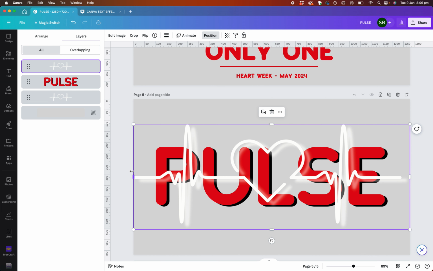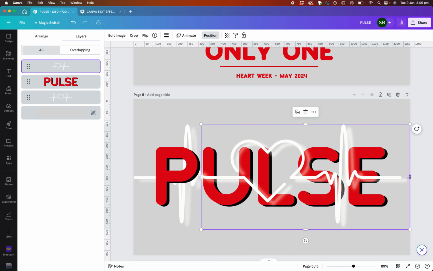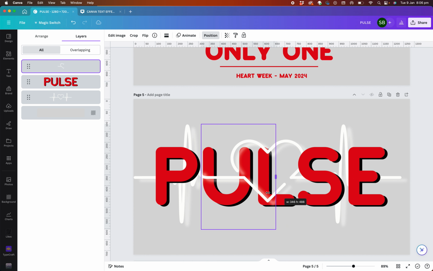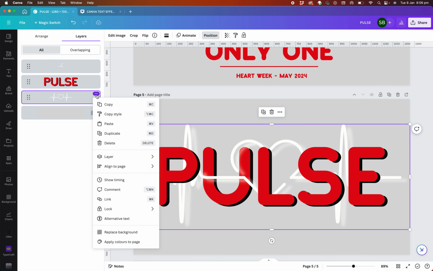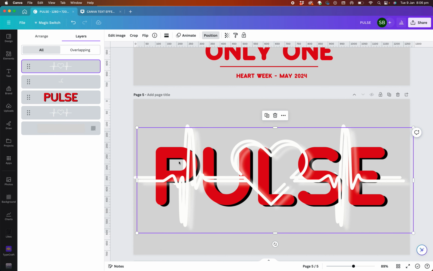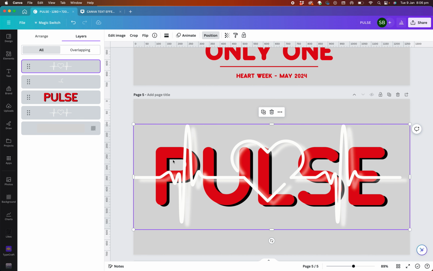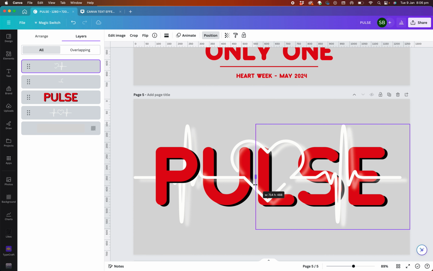And then I will start going through and taking away the top layer. So I will make it under the P there and over the U there. I'll always go back to this layer just to make sure that I've got the original, and I'll duplicate it again, placing it over the top and dragging it all the way through